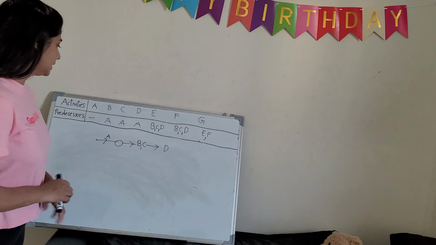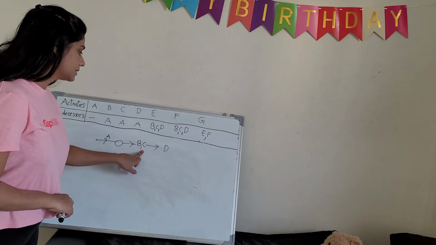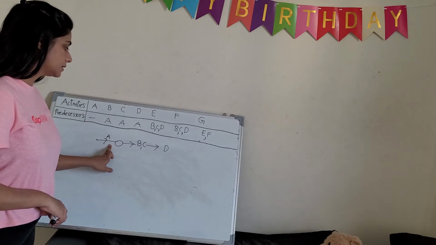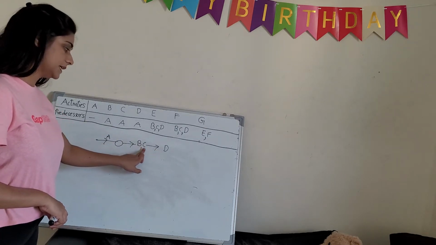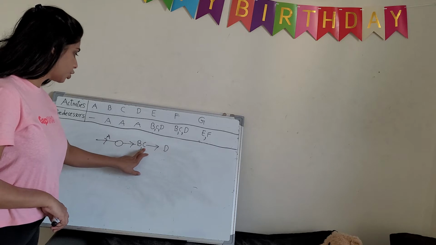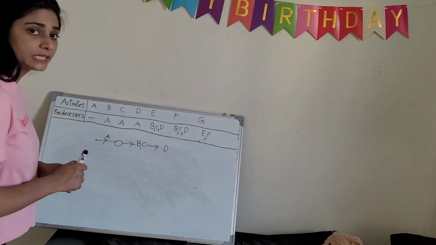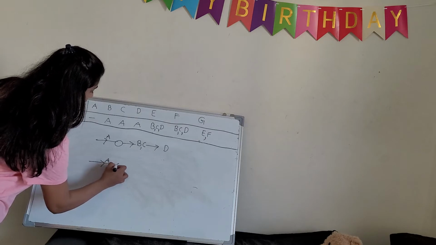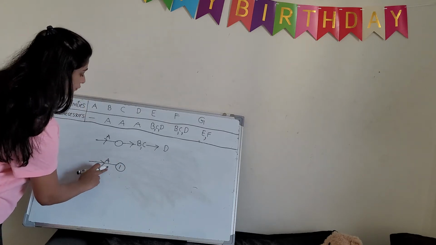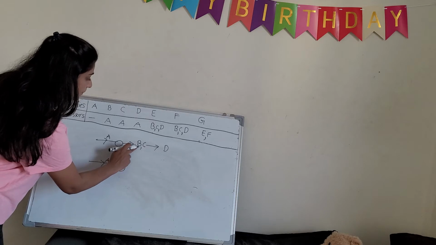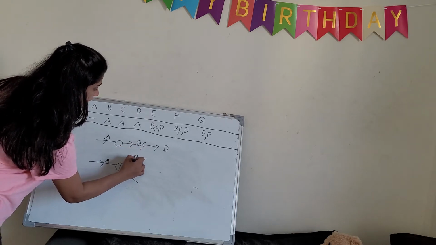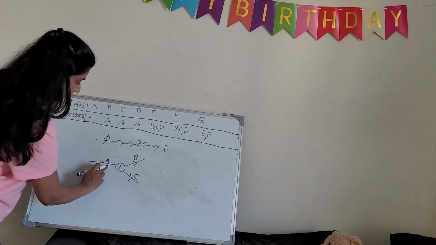Okay, so we can see here B and C activities are starting after the completion of A activity, and D is dependent on B and C activities. So A is the first activity in this network. So how will we do it? This is the first activity A, and after completion of A only we can start B and C, right? So B and C, like this, we can start after the completion of A.